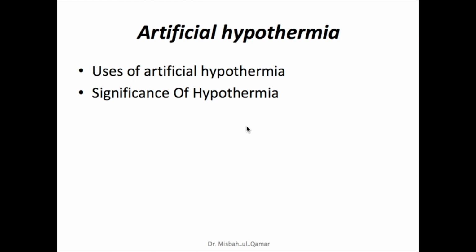It is easy to decrease the temperature by first administering strong sedatives which reduce the reactivity of hypothalamic center. Now, what is the use of this artificial hypothermia? You see, heart surgery